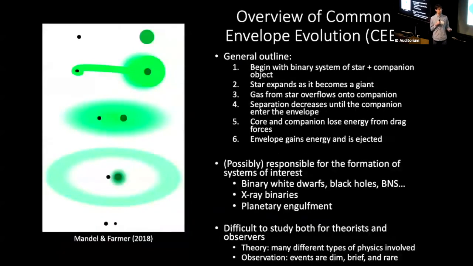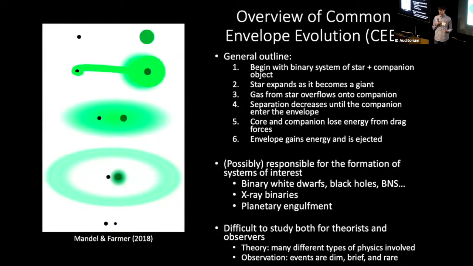The problem that I'm tackling using MANGA is known as common envelope evolution, or CEE. So the general idea is that you start out with a binary system consisting of a main sequence star on the right and a smaller companion object on the left. The companion can be a smaller star, or it can be something like a compact object. But as the main sequence star ends the main sequence and begins to ascend the giant branch, it begins to expand until it overflows its Roche lobe and begins mass transfer onto the companion.